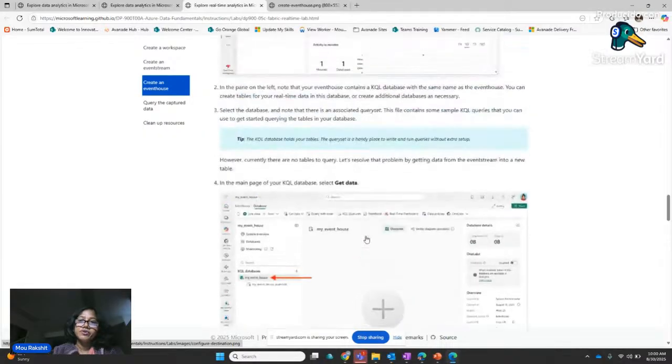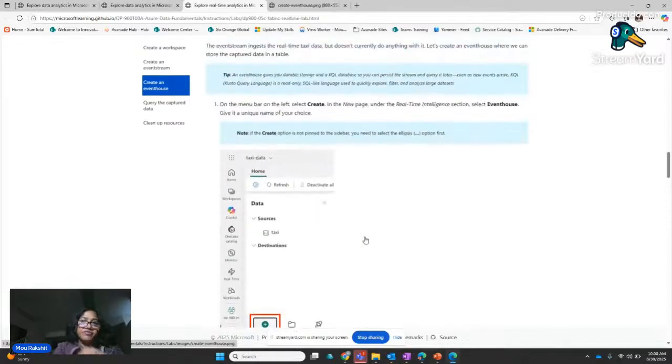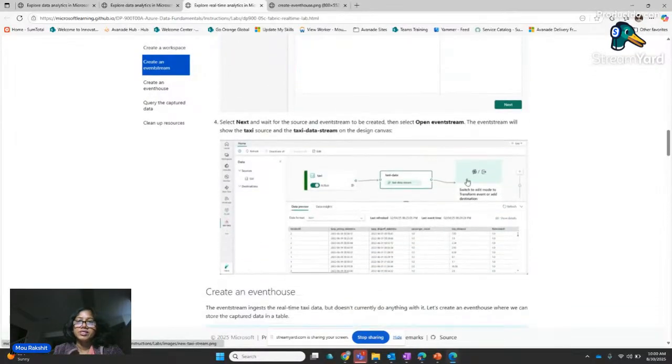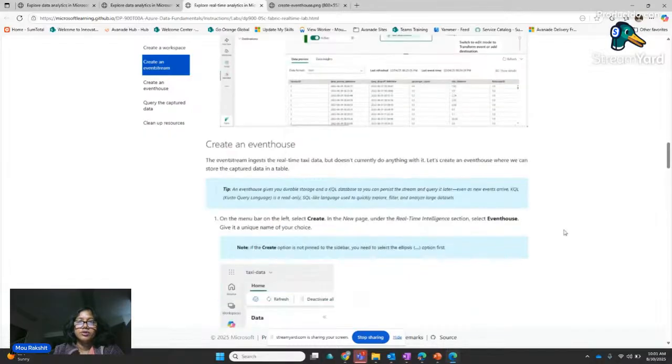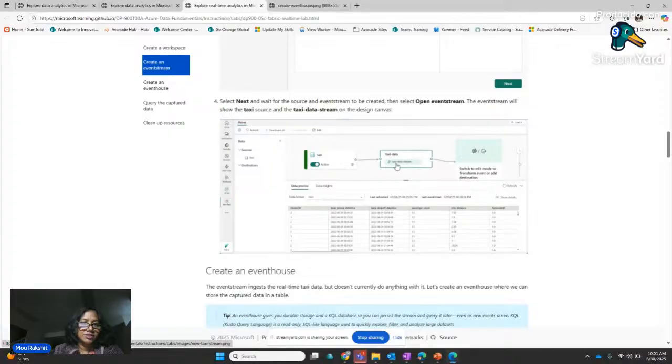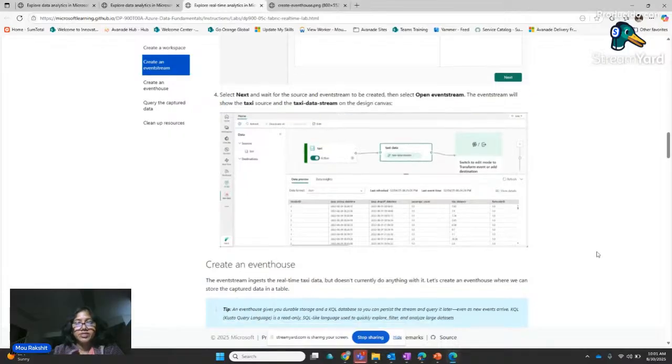Or, if you have created the event house before, you can do it directly as you are progressing and writing it here. At that time, you can select the event house and then the particular database with next, and you'll be able to write there. The goal is basically to capture that stream of events, ingest it through the event stream, and write it to the event house KQL database tables.